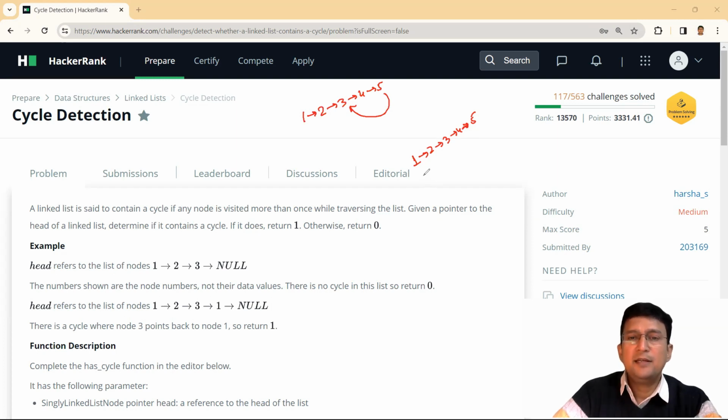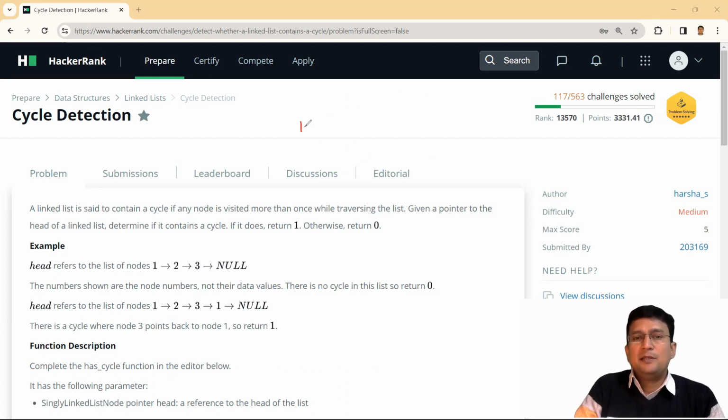So if my linked list contains a cycle, as the diagram earlier suggested, let's make a fresh one. Let's say 1, 2, 3, 4, and 5, and the next field of 5 is pointing at the node number 3. To detect if there is a cycle in the linked list, let's take the concept of the fast and the slow pointer. Here we will refer to them as the rabbit and the tortoise. So you must have heard about the story wherein the rabbit and the tortoise are there, and the tortoise runs slow and rabbit runs fast.